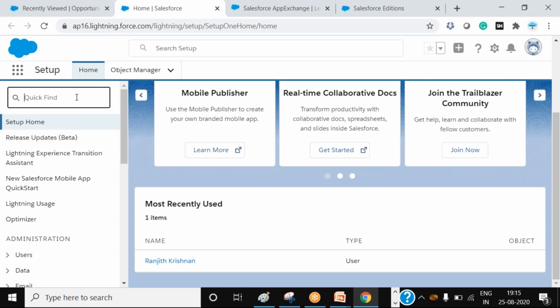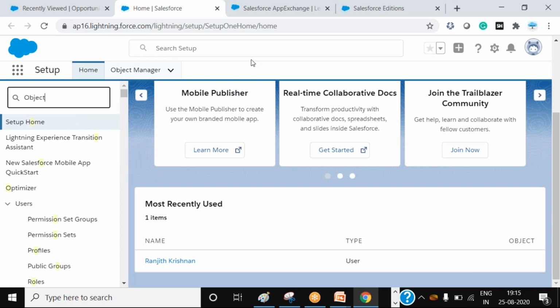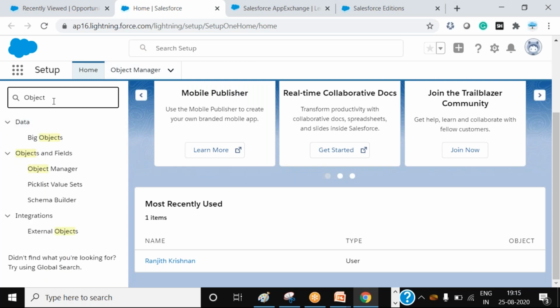Okay, so suppose I'd like to locate the object, then you can locate it here in the quick find box. It's called the quick find box. Like in the app launcher, where we were able to search for an application, it is dynamically filtered. If you type over here, it will be dynamically filtered, so I can go to that particular option. Got me? Suppose I'd like to create a tab, then I